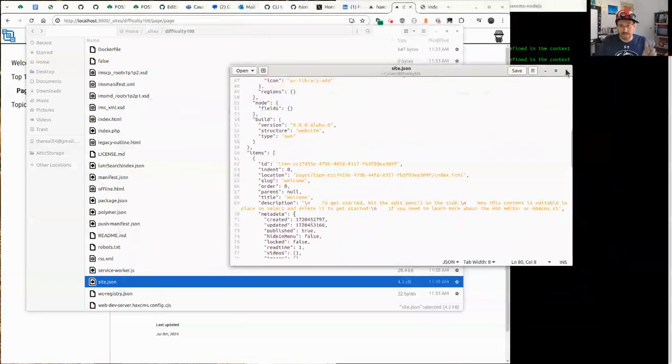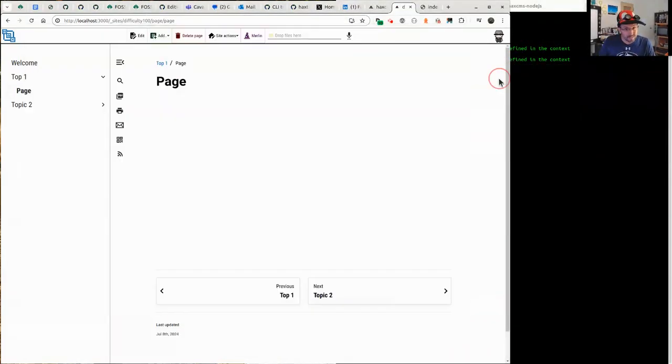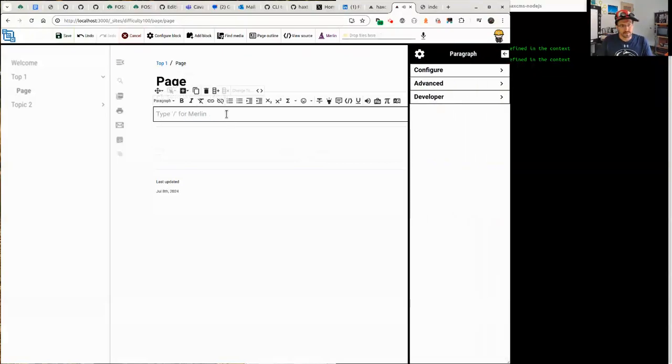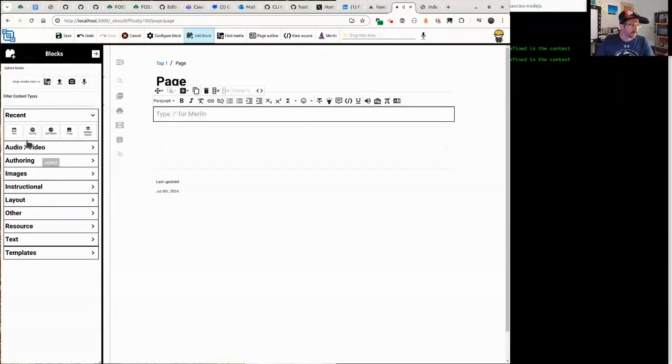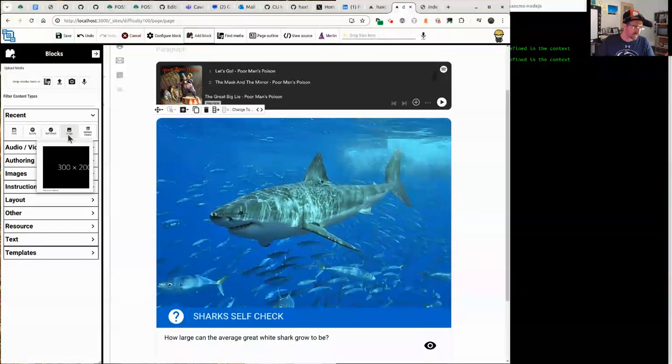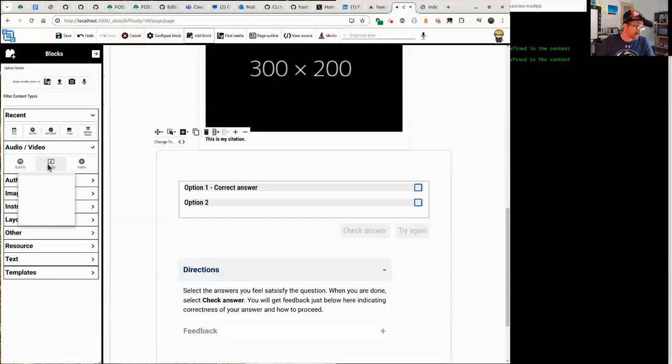So the backends for this system are very lightweight to begin with. The entire point is to orchestrate it such that everything you see here, right, and that's less impressive if it's everything I see is just this little silly thing, right? If we go into blocks and we add Spotify or a self-check, or we add images or multiple choice or